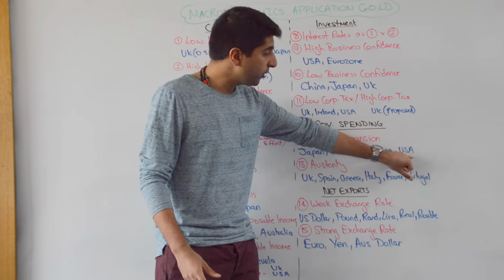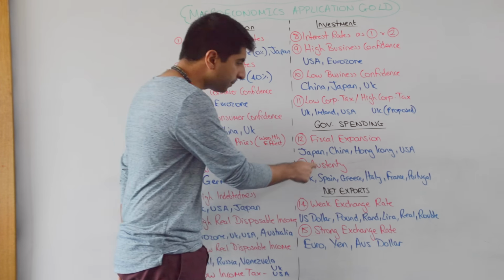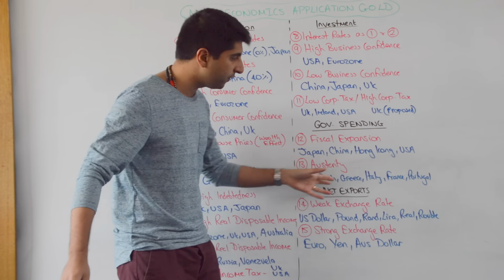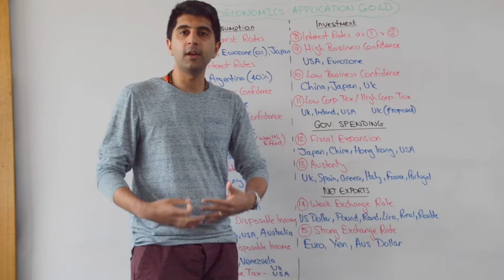Whereas countries going the opposite way with austerity and spending cuts. Well, the UK we know about, Spain, Greece, Italy, France, Portugal, lots of these Eurozone economies trying to control national debt there. Countries, if we look at weak exchange rates to drive net exports, X minus M in the AD equation,